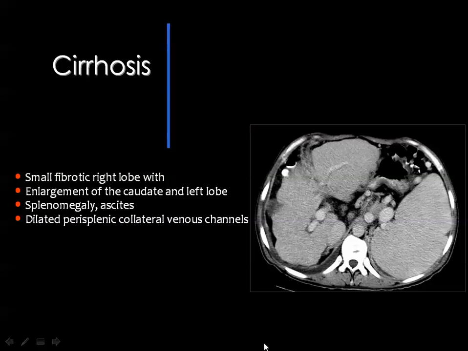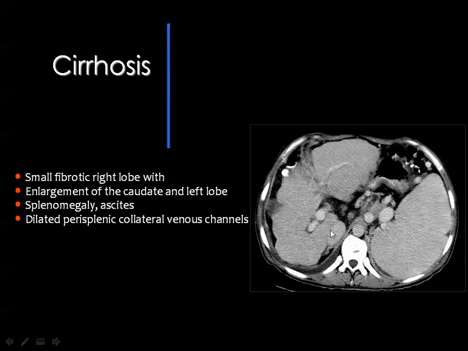Then cirrhosis is an imaging diagnosis that can be achieved by ultrasound better than CT and MRI. The early stages of cirrhosis are easily appreciated by ultrasound, while CT can show the more advanced stages of cirrhosis. And it's usually said that there is